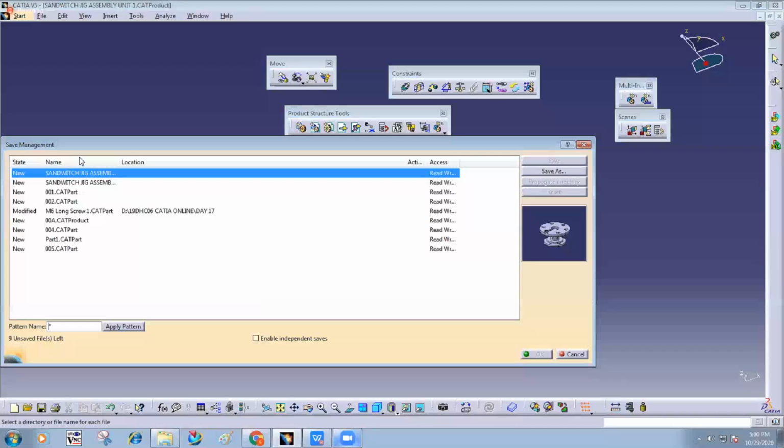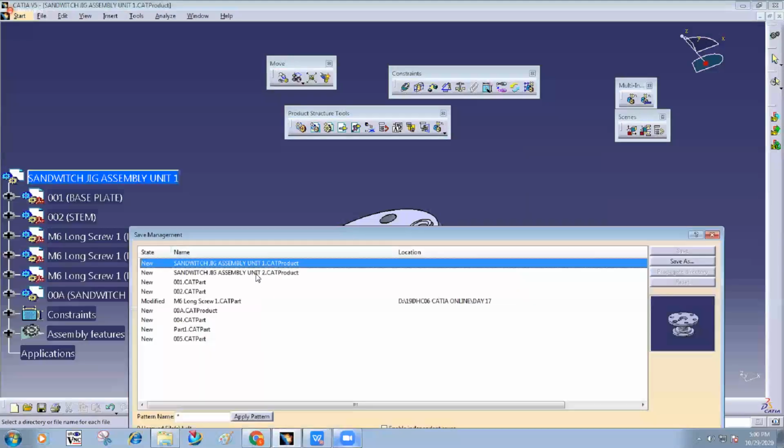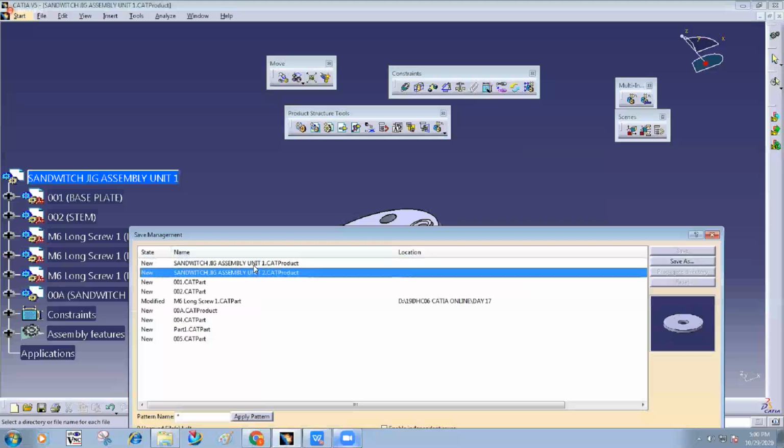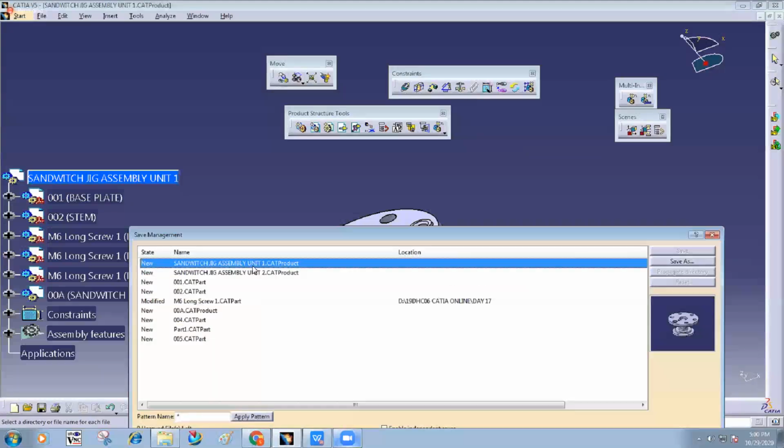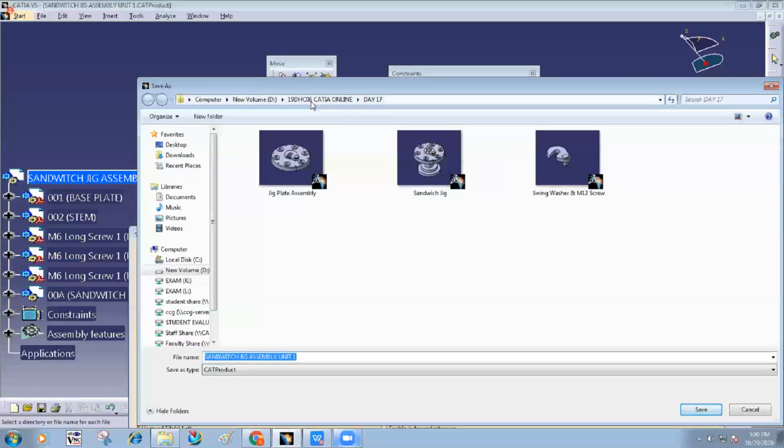Which assembly do you want to store? Unit 1 or unit 2? If you use unit 2, only unit 1 sub-assembly will be stored, and if you use unit 1, the entire thing will be stored. So I'm using unit number 1, save as. Listen carefully to what I'm saying.